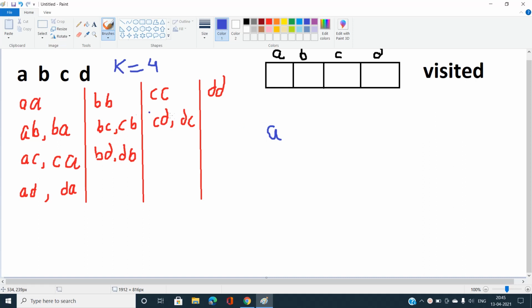Now you can see I am focusing on the latest pushed character. Let's start with A: I've already pushed A, and now I'm going to push A again.